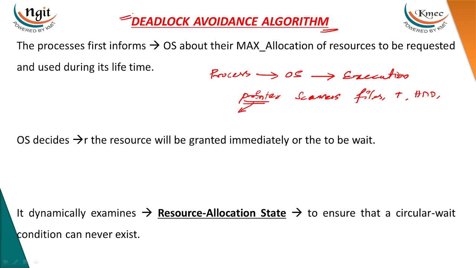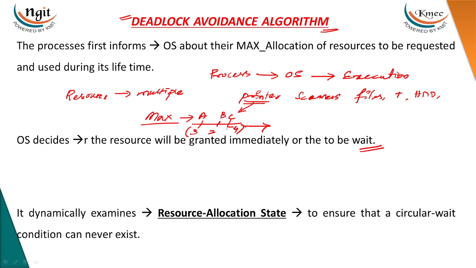This deadlock avoidance algorithm is suitable for resources with multiple instances. Each process first informs the operating system of the maximum resources it needs, for example A, B, C: three resources of A, two of B, four of C to finish its execution. Based on this information, the operating system decides whether the request will be granted